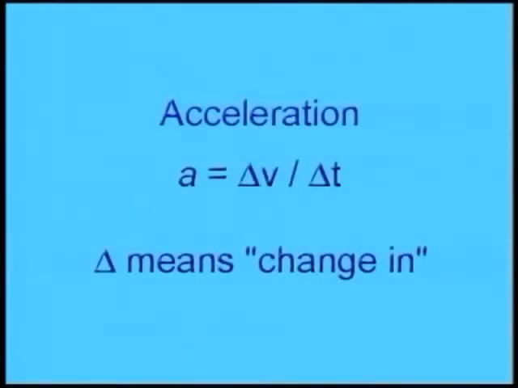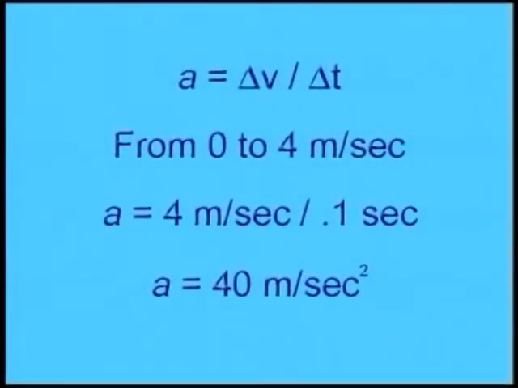It is described mathematically as delta v divided by delta t. Delta is simply the Greek symbol that means change in. So acceleration is the change in velocity of the object divided by the amount of time in which the acceleration takes place. In our earlier example describing momentum, we saw that in one instance the target vehicle accelerated from 0 meters per second to 4 meters per second. In practically every study on low-speed rear-end collisions, the amount of time that this acceleration takes place in is about 100 milliseconds, or 0.1 seconds.